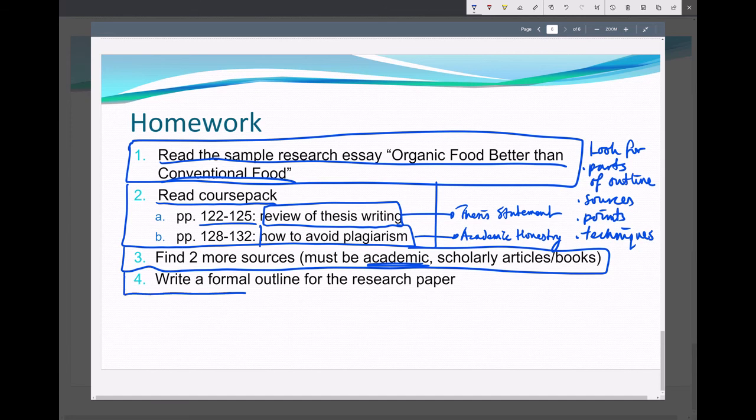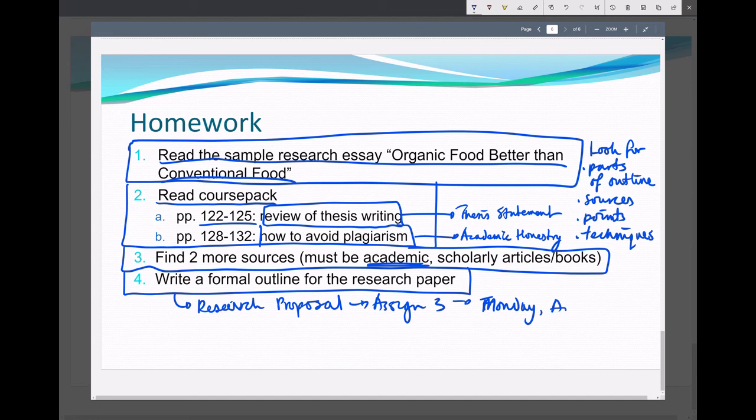And I'll change this a little bit. Do your research proposal first. After you finish your research proposal, again, that's due on Monday, August 13th, before midnight. Don't forget, there's a quiz too.